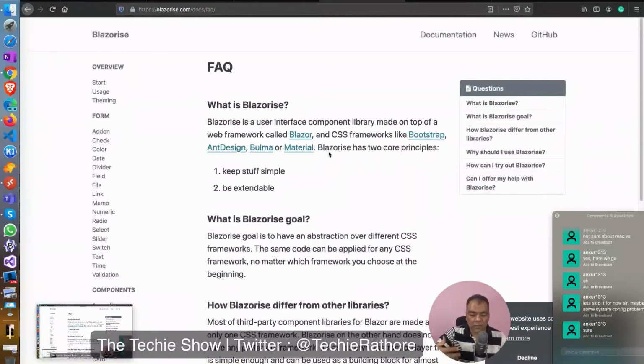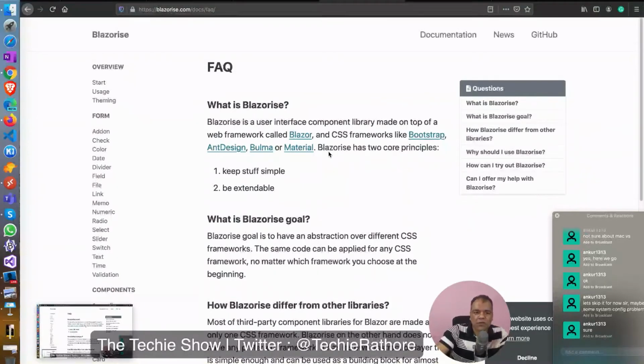So the benefit of using Blazorize is that I can understand the Blazorize UI framework once, and I can utilize all the CSS frameworks available in the market, like Bootstrap, which is the most popular one, then Bulma, and Material design.